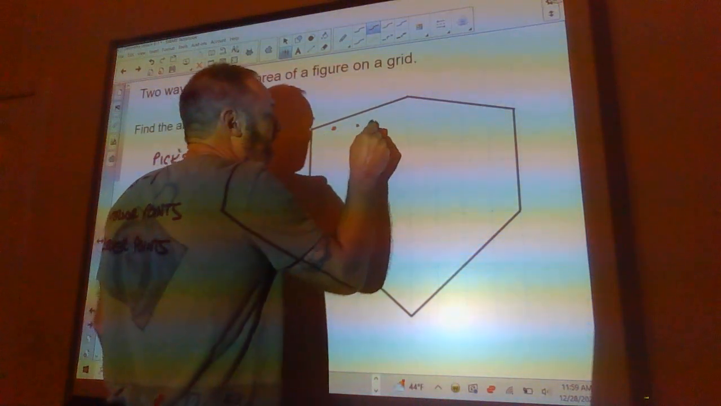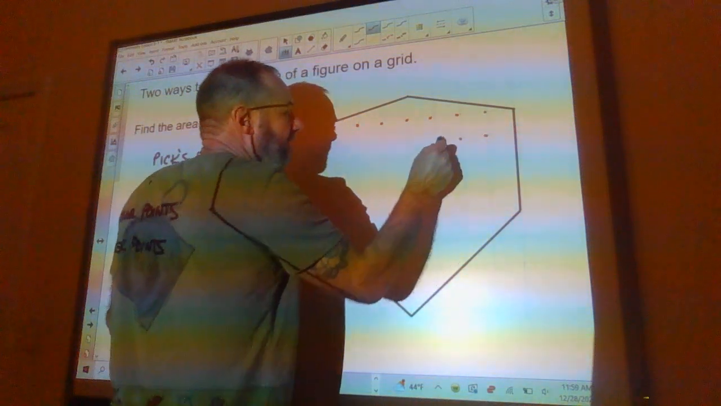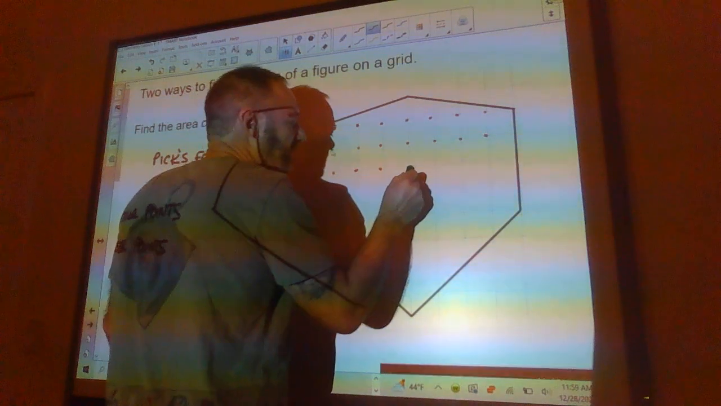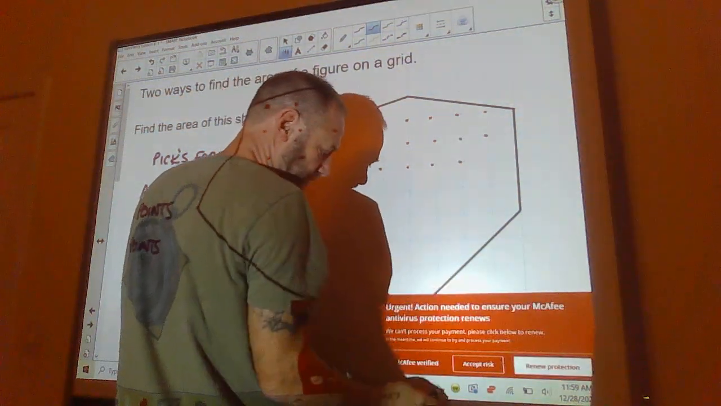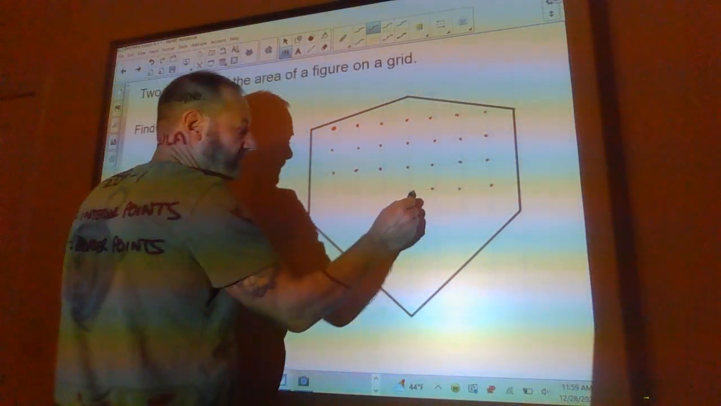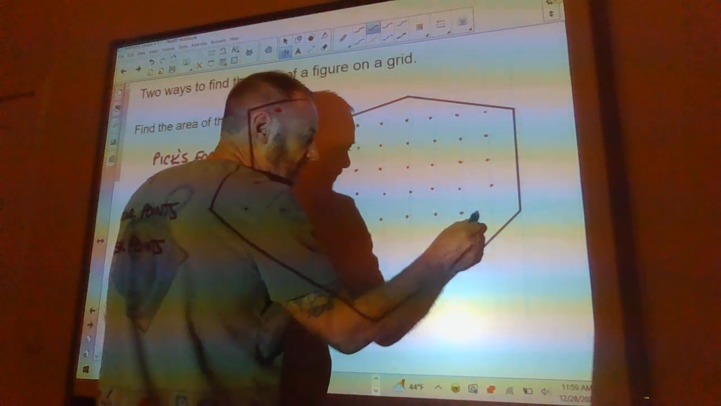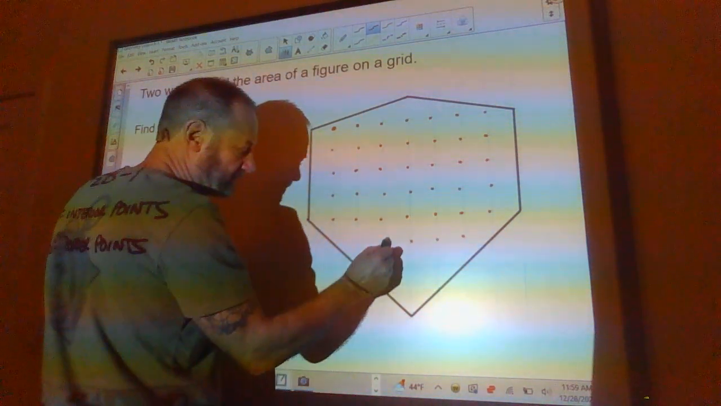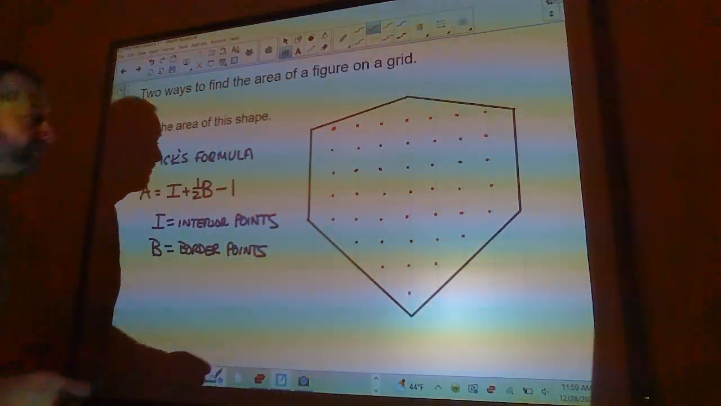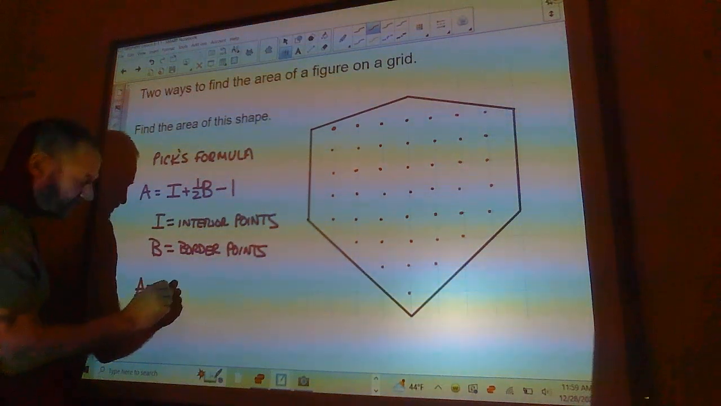There's 1, 2, 3, 4, 5, 6, 7, and so on, counting up to 44. There are 44 interior points on this, so the area would be